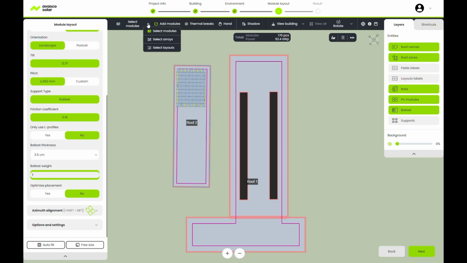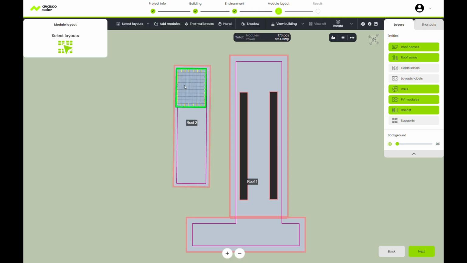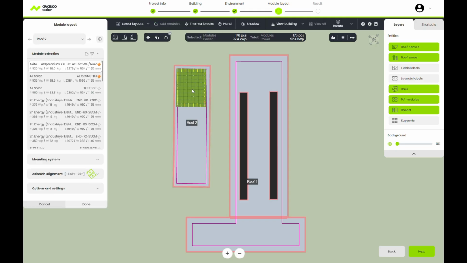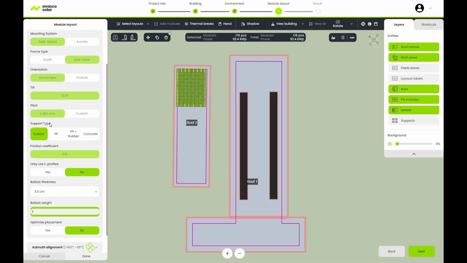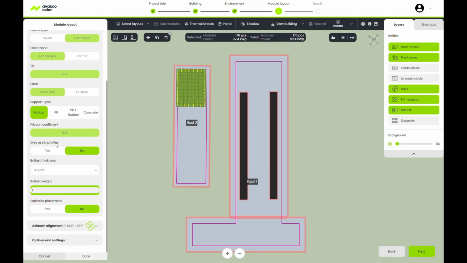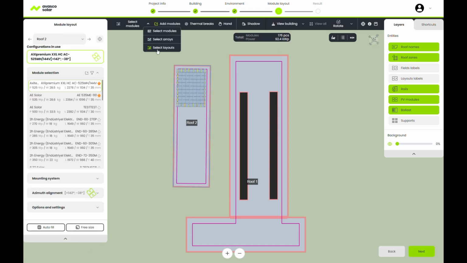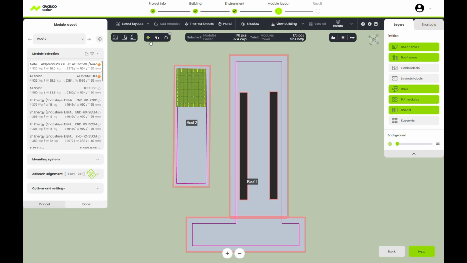By using the select modules option, or the select arrays option, or the select layouts option, we can select the panels that we draw, go back to the mounting system step, and make some small adjustments to the support type, whether we want to use L profiles only, the ballast thickness, or whether we want to optimize placement, yes or no. We can also select the panels, move them around, duplicate them,